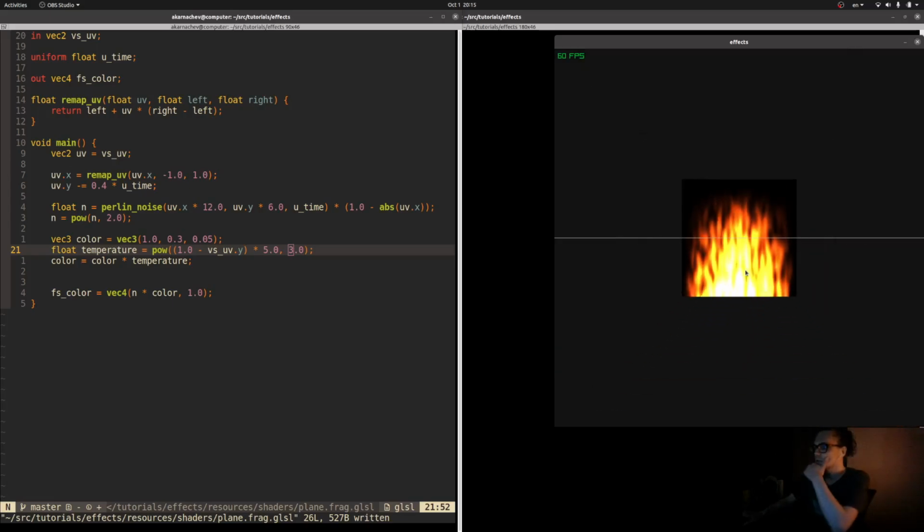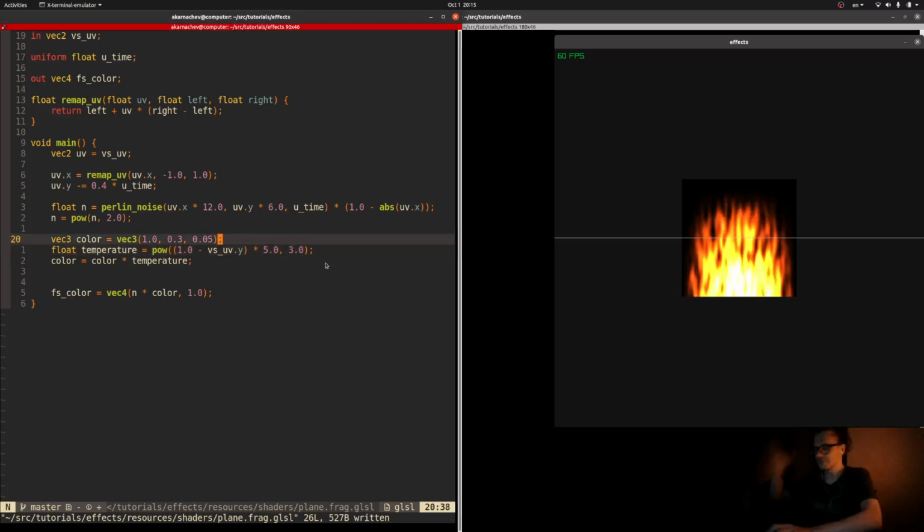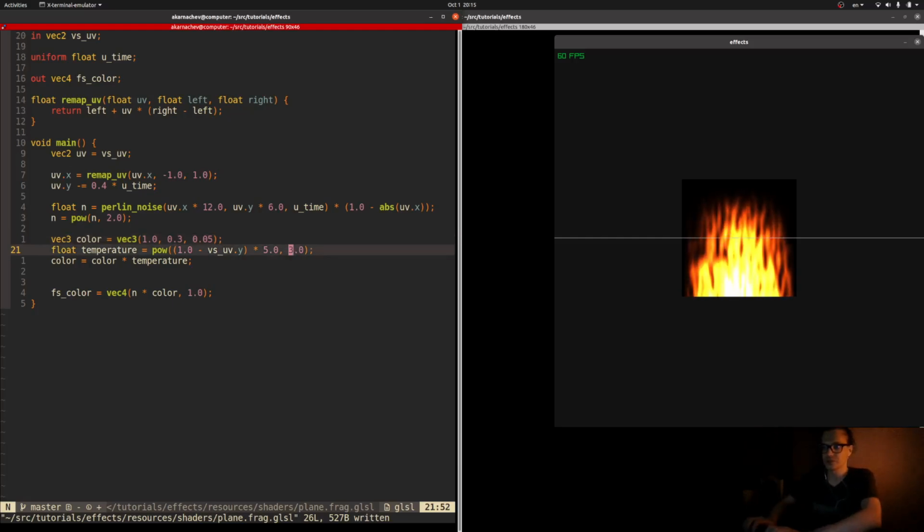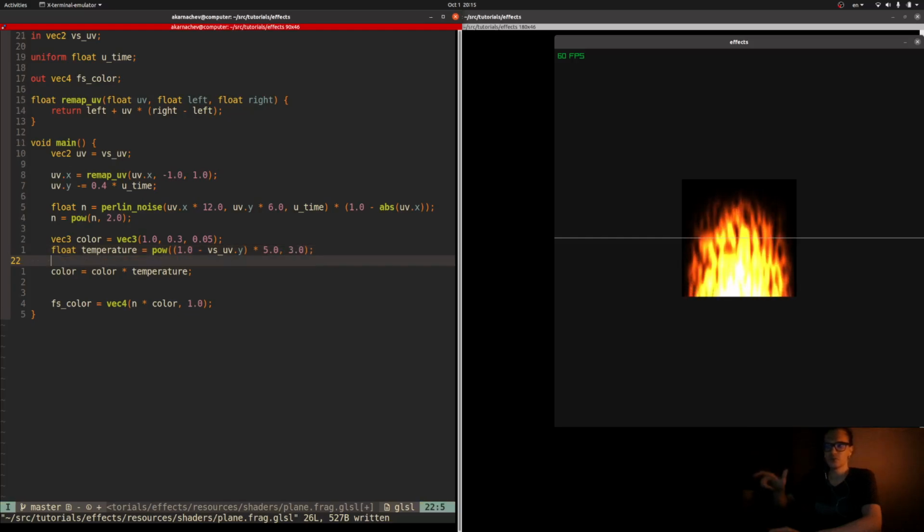Okay, what else can I do? Can I add maybe blue tint to the center? No. I want to add the fading of the flame towards the left and right borders of the plane. How can I do this? I have temperature. Let me just decrease temperature depending also on the proximity to the center, to the